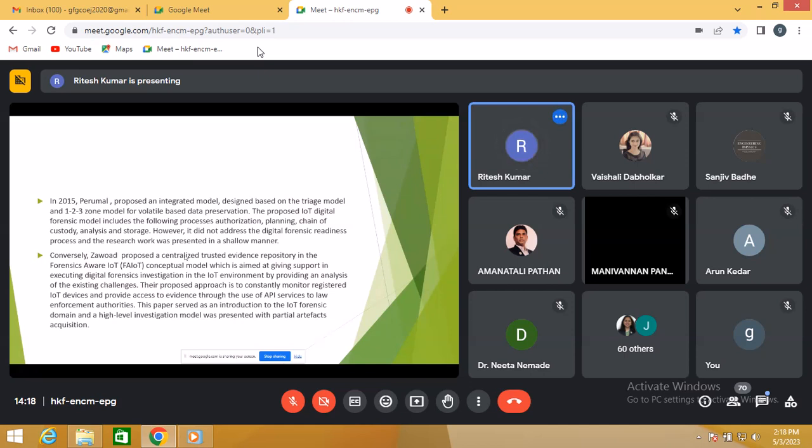integrated model, designed based on the tri-edge model and the 1, 2, 3 zone model for volatile system data preservation. The proposed IoT digital forensic model includes the following procedure: authentication, planning, chain of custody, and analyzing and storing. Right. So, however, it does not address the digital forensic readiness process, and the research work was presented in a